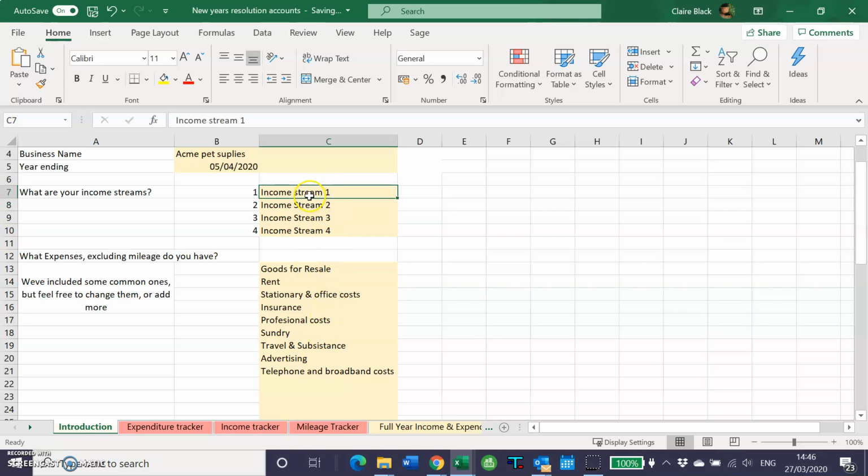Now this one, if you have a couple of different streams to your business, you can put them in here. You might not, you might just sell one thing, you might sell lots of things, and you just think, actually just shove them all in together, that's fine. But you can separate them out. So, for example, we could have cat food and dog toys. Okay,